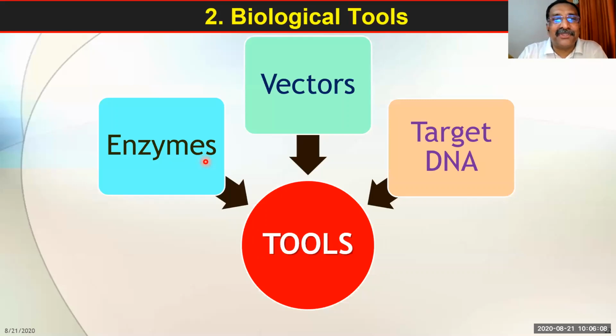What is the contribution of Watson and Crick? Watson and Crick, both of them together. What is their contribution? Yeah, DNA structure. Okay. So now you see, all the scientists' names you have to remember, and what they have done. What is their contribution? That also you have to remember.